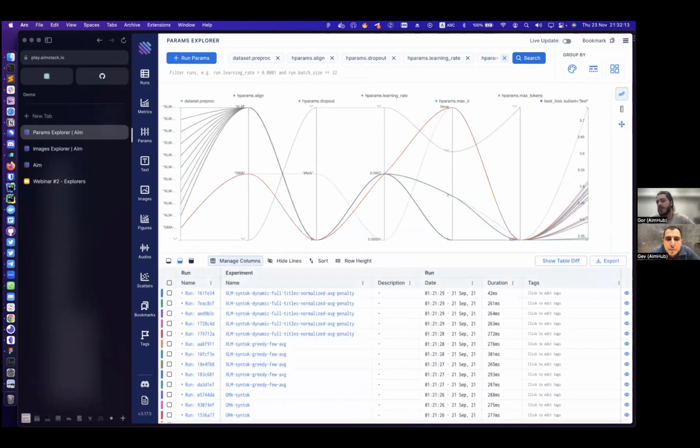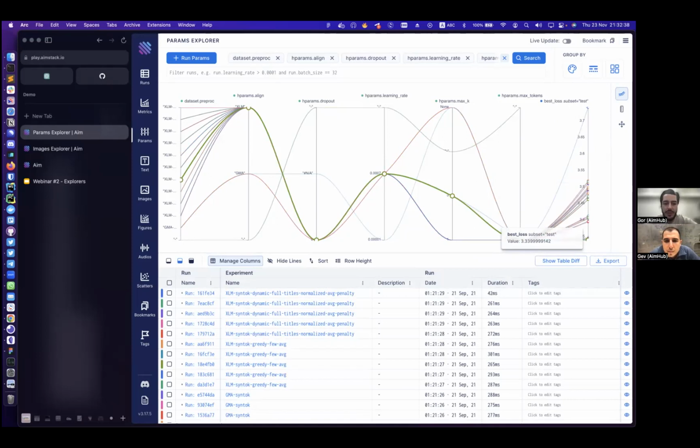And this is all visualized via a hyperparameter visualization plot, which has different axes. Each parameter represents a single axis. So here are dataset preprocessing, hyperparameter align, dropout, learning rate, and I can now hover over the best loss and see what parameters